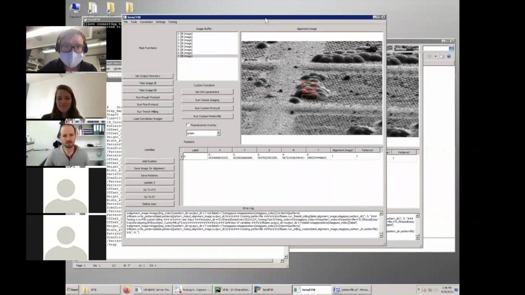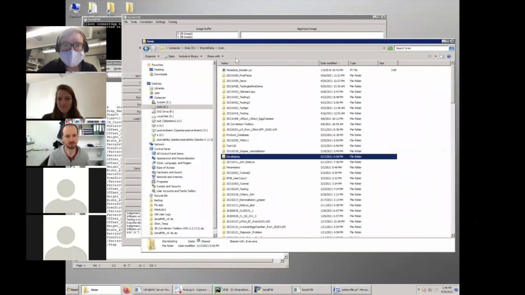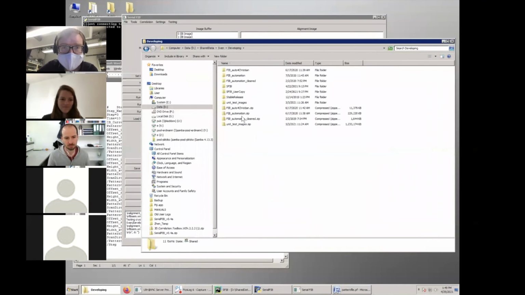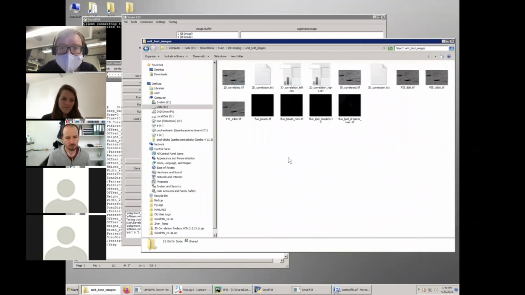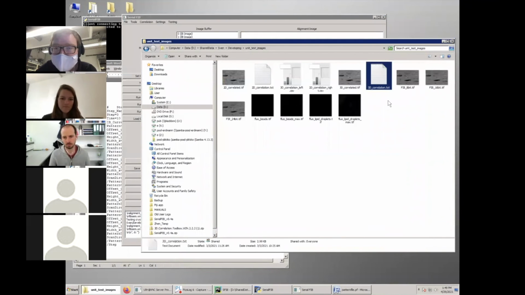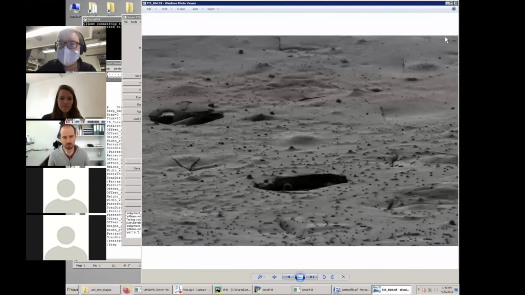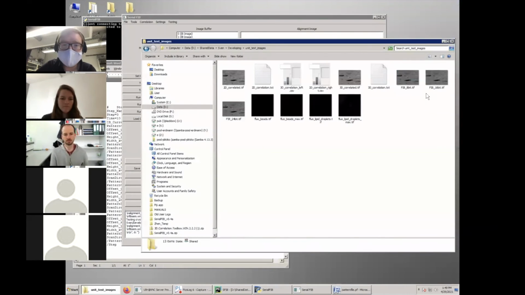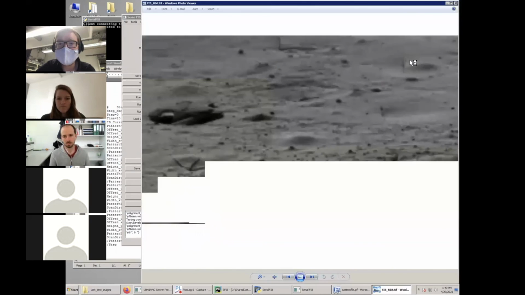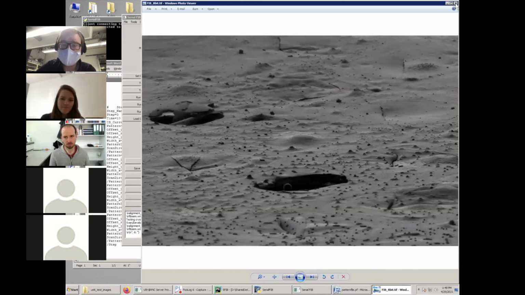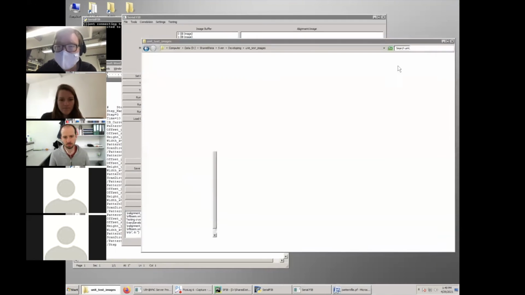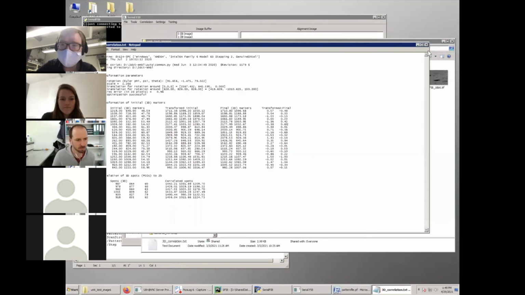So you do your normal 3D-CT. I don't know what you guys are using for correlation, right? But if you did your correlation with 3D-CT, I just have some test images here somewhere. Unit test images, yes. Then you get an output that is called 3D-CT correlation txt, as well as your initial image that you please save as 8-bit or 16-bit and not as 24-bit, because that's still giving me problems. Okay, so this is the image that you would have been using for correlation. This would be the output from 3DCT, right? Which is just the markers that you